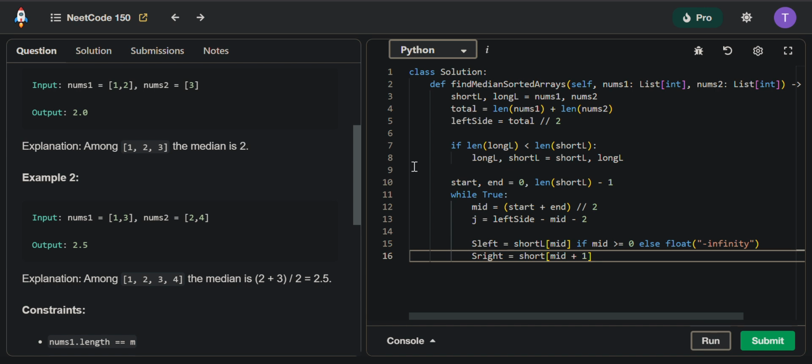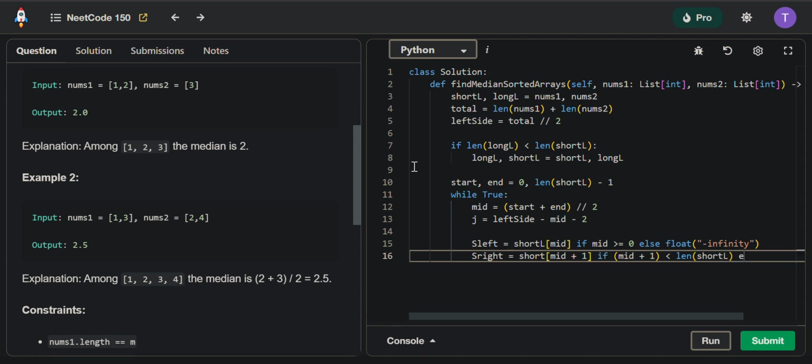So how do we do this? We have to make sure that the next index is smaller than the length. Okay, so if mid plus 1 is less than the length of short L,